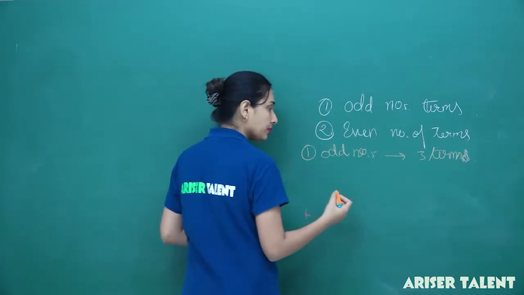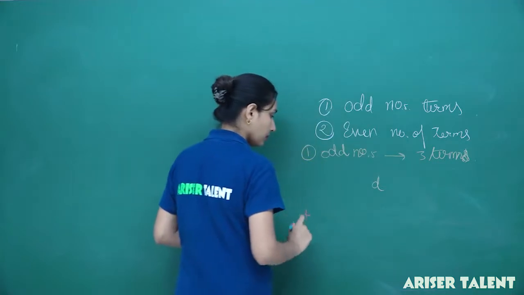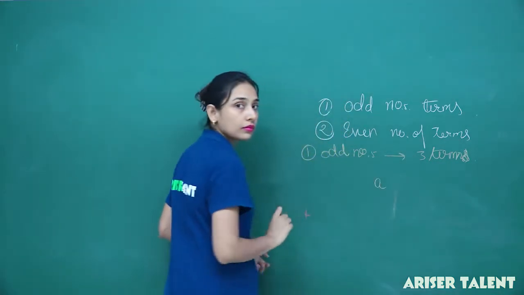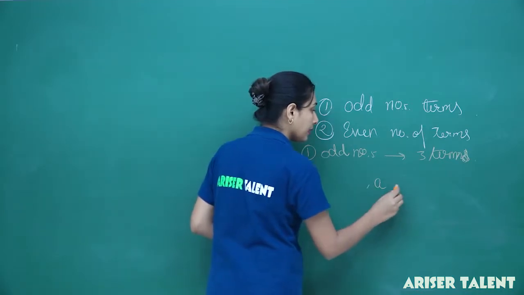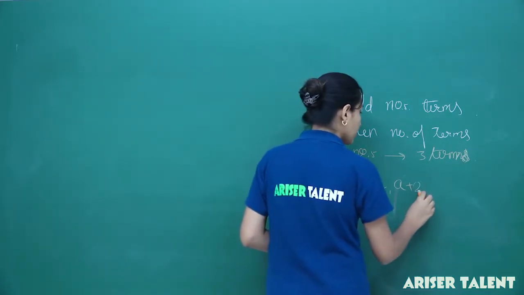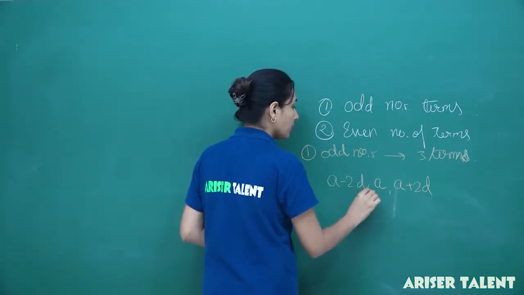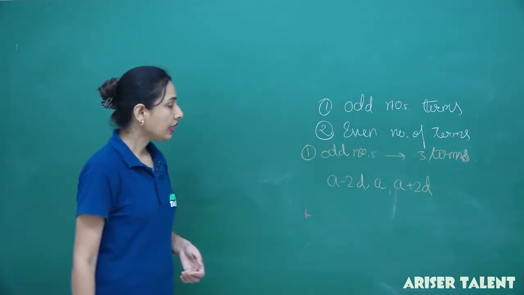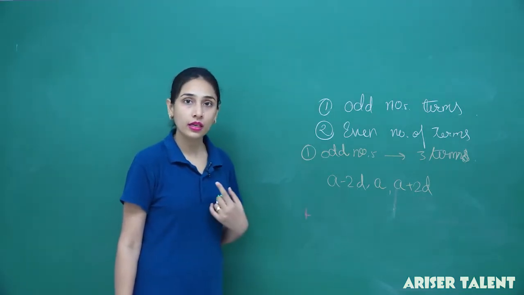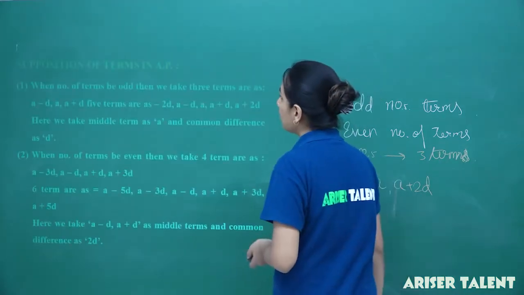I will suppose A, okay, A plus 2D and A minus 2D. Now the difference here is what? 2D, right? So we can see here